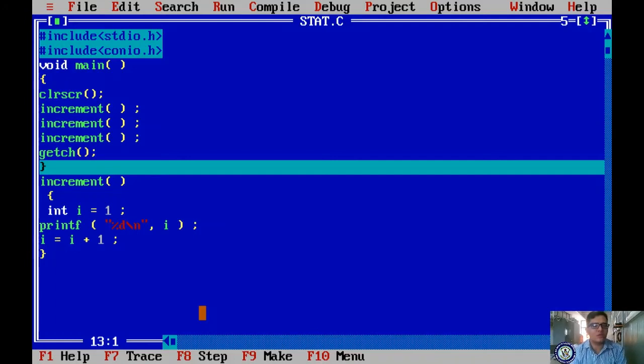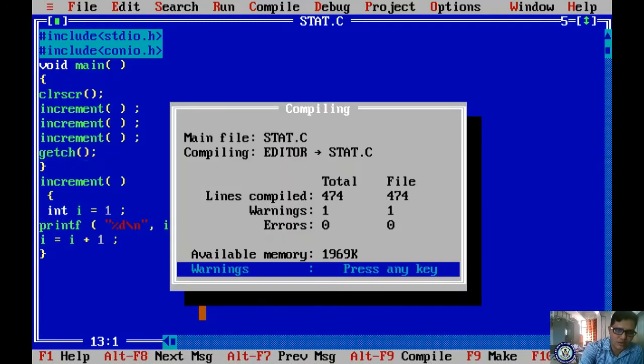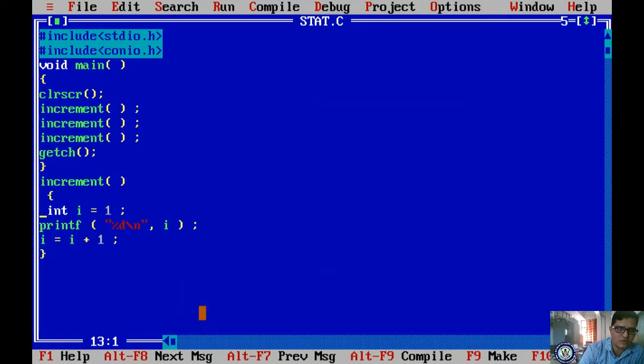Once the block is exited, whatever value it has held, it releases. But in the case of static, it persists, it doesn't release, it retains. Got it? Now compile it, Alt F9, and run, Control F9. If you see the result, Alt F5, you are getting only 1 1 1.